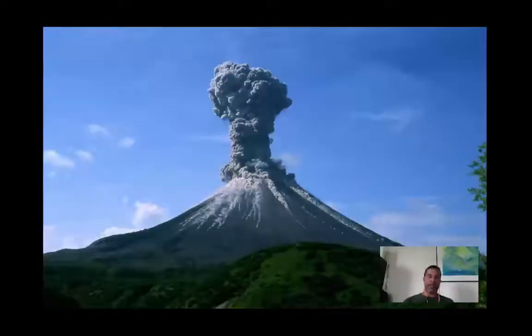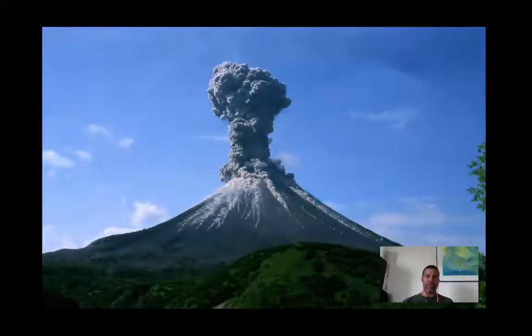But I digress. This is what we tend to think of volcanoes looking like. This is what we call a stratovolcano where we've got very viscous eruptions. They don't tend to flow, they tend to explode, sending ash like this kilometers into the sky, very hot, dense flows go down the volcano. As you can see, these strings of smoke coming down, what they call nuées ardentes, as these hot, molten flows